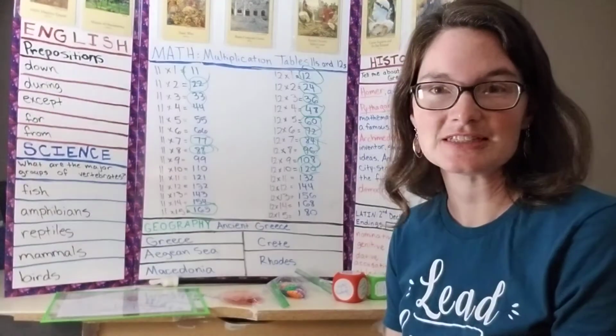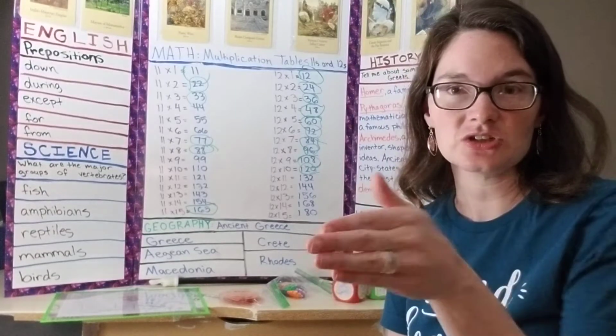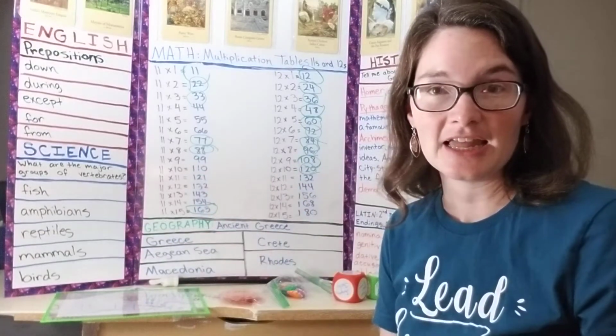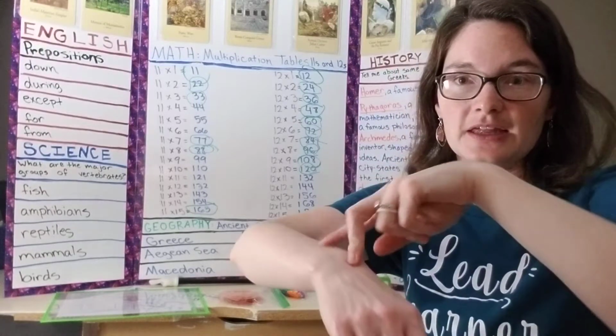For science, what are some major groups of vertebrates? We did some hand motions. So we have fish, and we wiggle our hand like a fish. Amphibians, since they're in the water and on land, we do